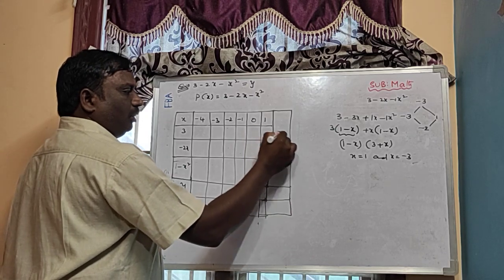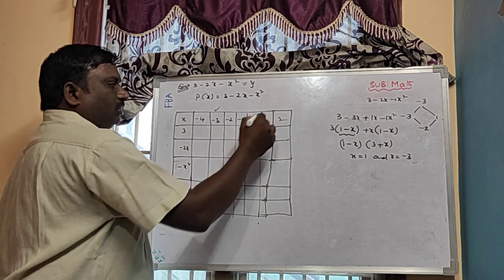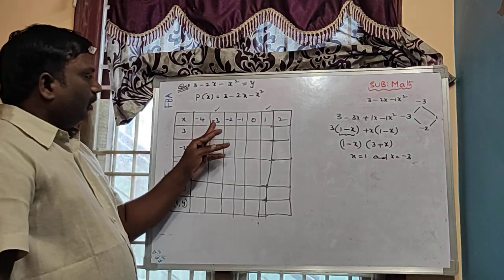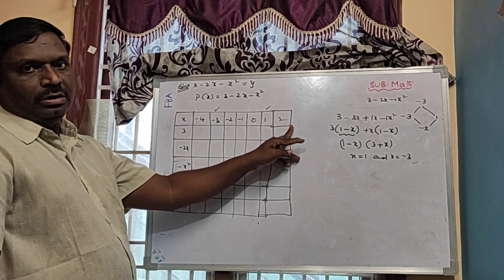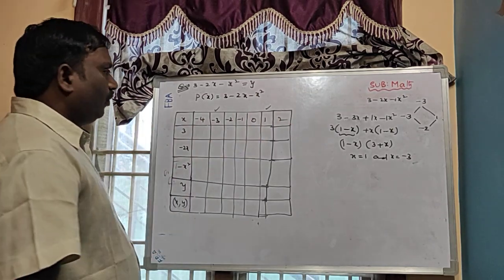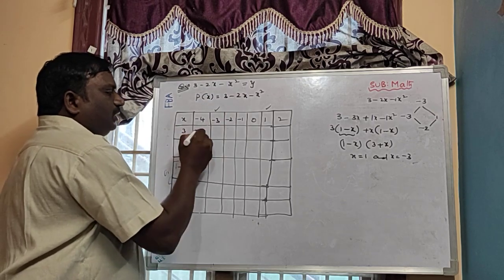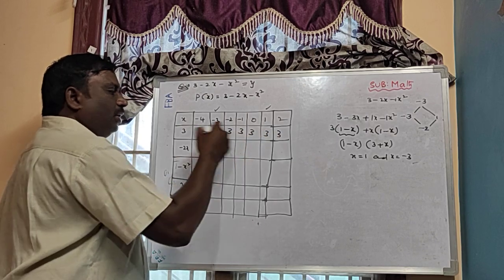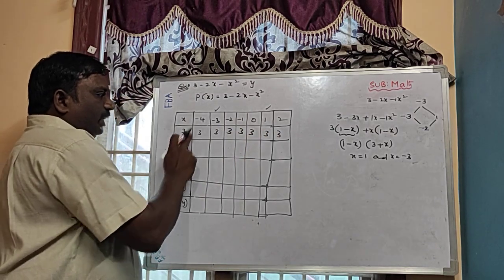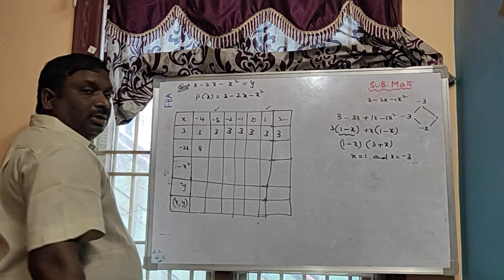Also we have to write. So actually these are the zeros. What I wrote here: before one more value, after one more value we are taking. After one more value, before one more value. So what I said yesterday, if there is a constant value, you can write it as it is. No need to change in that row. So minus 2x, x value is minus 4. Minus 2 into minus 4, that is plus 8.